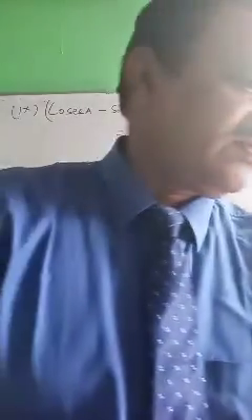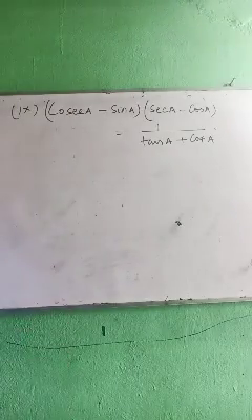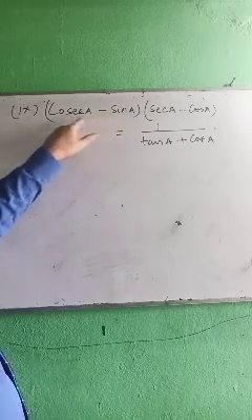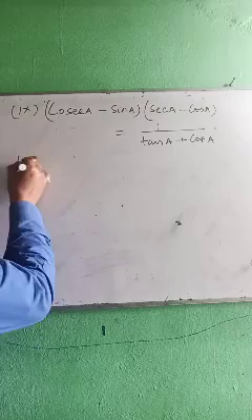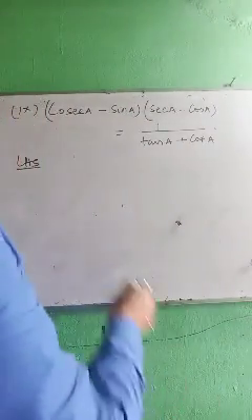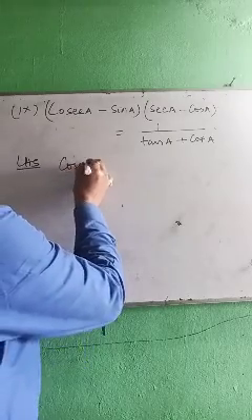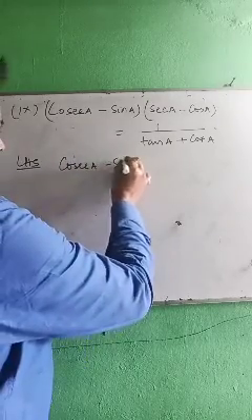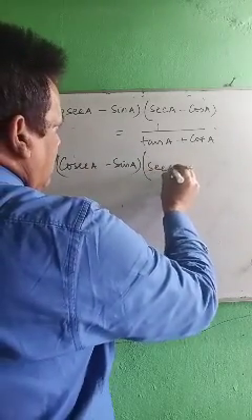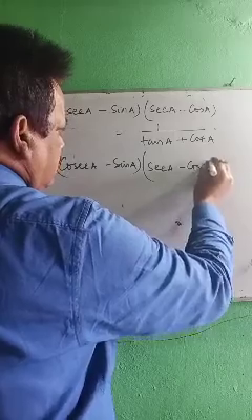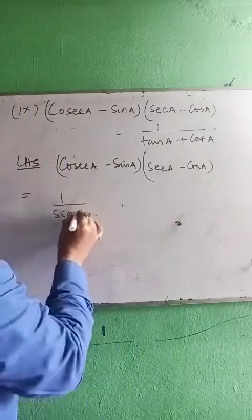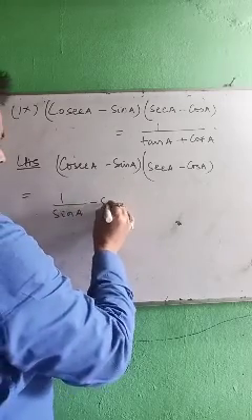So what to do? Also same thing you have to check here. You take LCM. Sorry, first you simplify this. Simplification will give you, take left hand side, right hand side separately you have to solve. That is (cosec A minus sin A)(sec A minus cos A). What is cosec? Now 1 by sin A minus sin A.